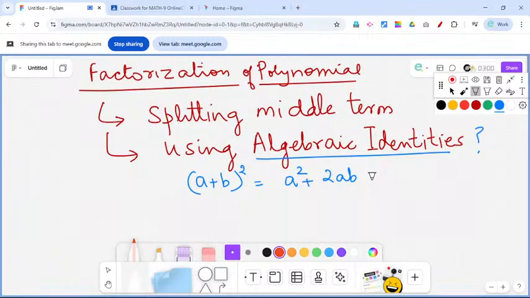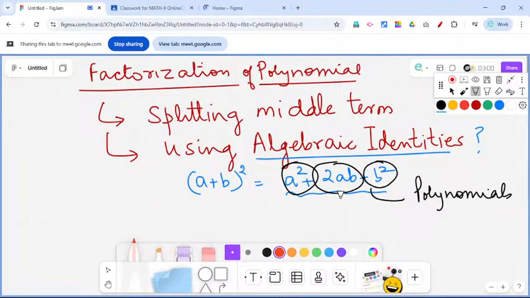If you watch it carefully, this is basically a polynomial. The right hand side is a polynomial because it has many terms. It has 3 terms, so it is a polynomial. And this polynomial you can write in this form: (a plus b) whole square. And (a plus b) whole square means (a plus b) multiplied by (a plus b),